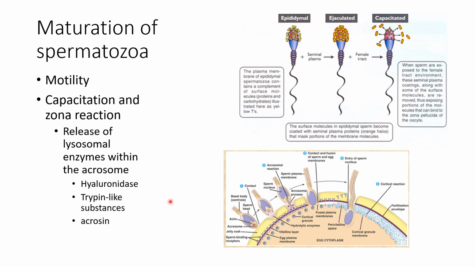This hyaluronidase clears out the corona radiata, digesting them to make way for the entrance. If you look at the second picture here, you can see the zonal reaction happening, where the corona radiata is being destroyed by hyaluronidase, followed by further release of trypsin-like substances, and of course the acrosin, which enables the burrowing